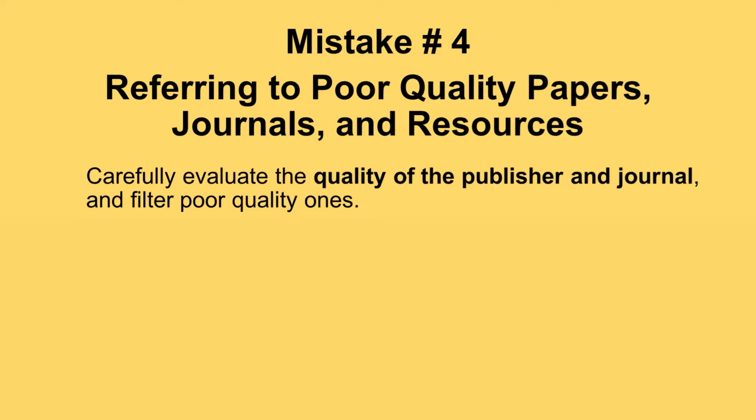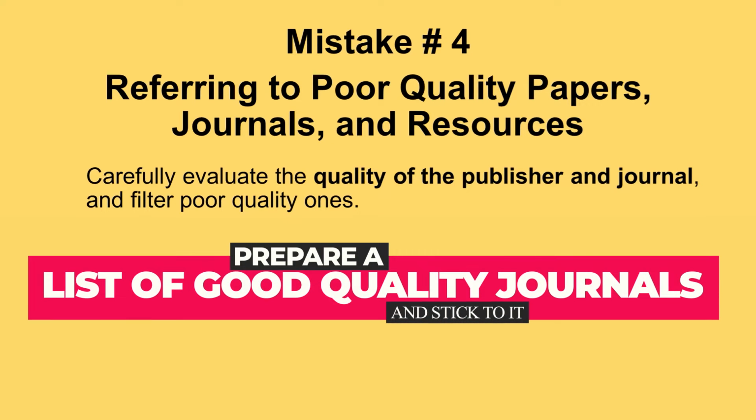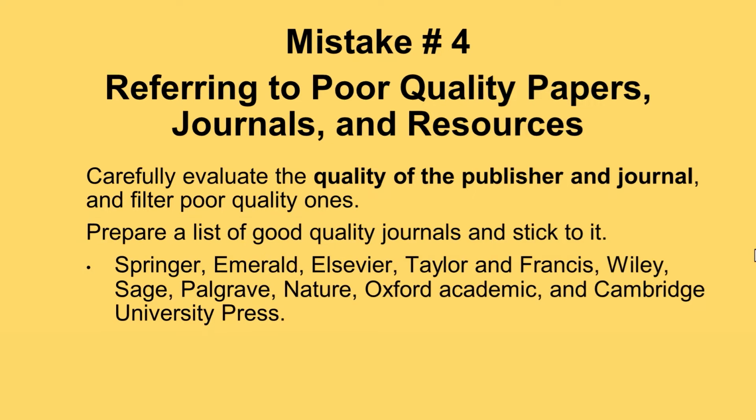Otherwise, you are building your work on poor research that has been published in poor quality journals or books. Prepare a list of good quality journals and stick to it. For example, Springer, Emerald, Elsevier, Taylor and Francis, Wiley, Sage, Palgrave, Nature, Oxford Academics, and Cambridge University Press are among